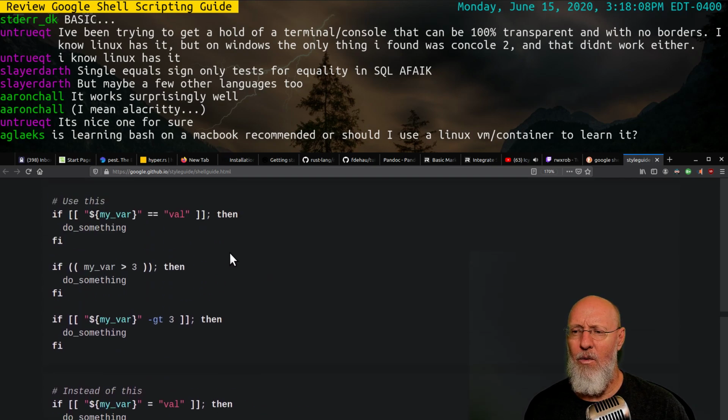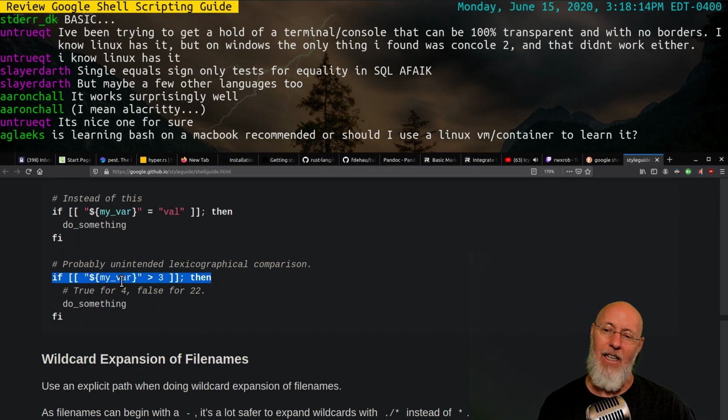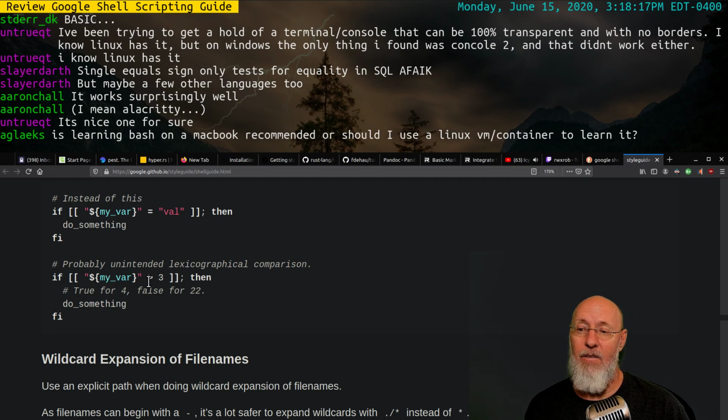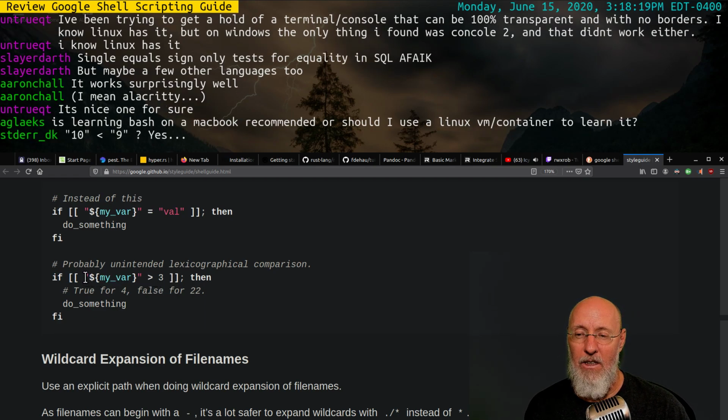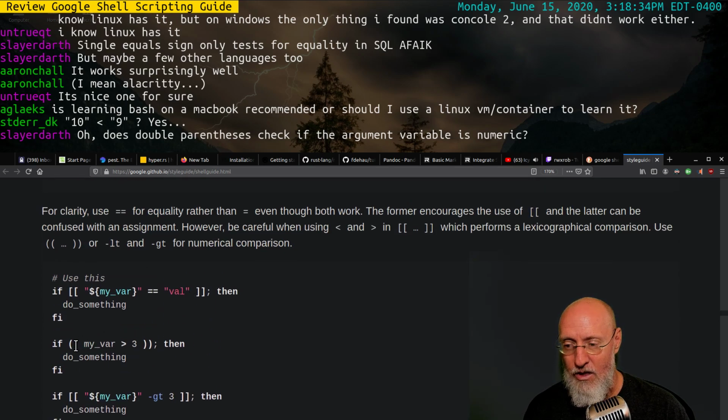So I cannot tell you how bad my understanding of that has been in the past. To tell you the truth, I've been so scared of getting this wrong that I've been doing a lot of that stuff using BC or other things that have been unnecessary. And the answer to that is the double parentheses operator for the win for things that have numbers in them. Not only that, it's the same syntax for for loops. So when you want to do for x equals 1, x greater than 10, x plus plus, that kind of syntax is always going to use the